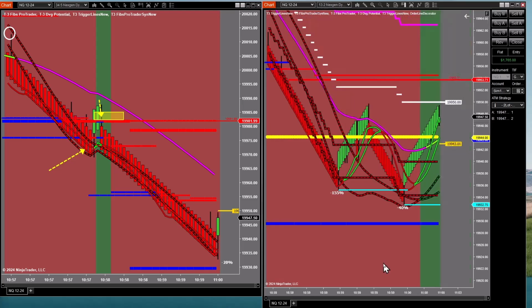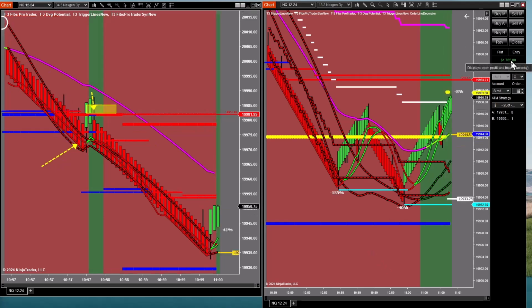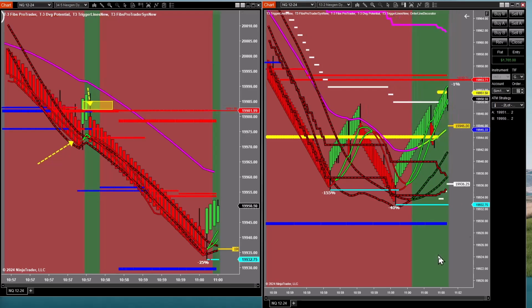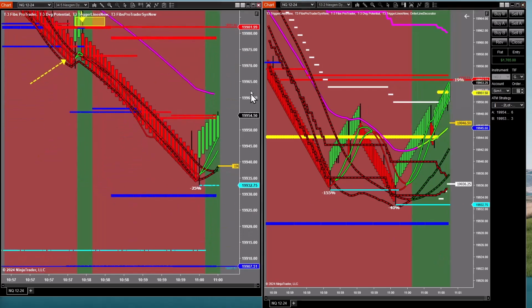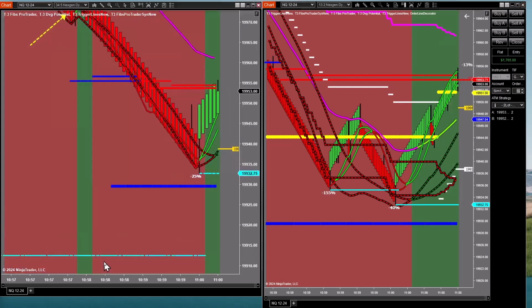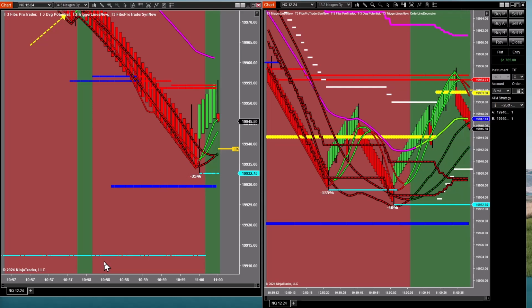That's not so bad. I mean, that's definitely not taking full advantage of everything that was offered, but you don't have to in order to make a bunch of money. If you can make $1,700 a day, would you be happy on a 2-lot? You can always trade more contracts. But if you can make $1,700 on a 2-lot and do it relatively easy with everything going your way,